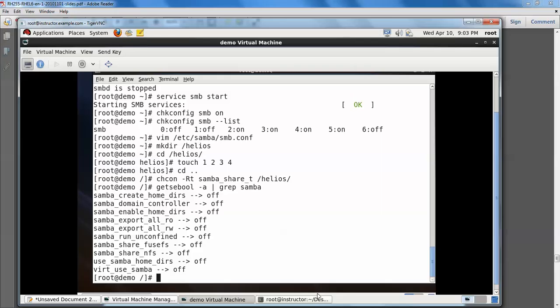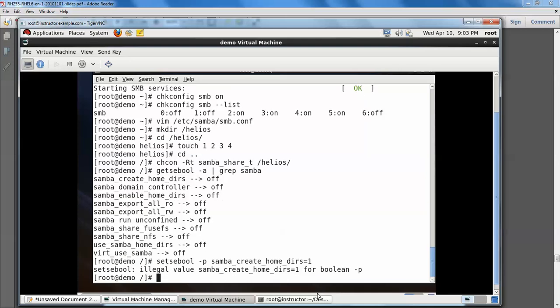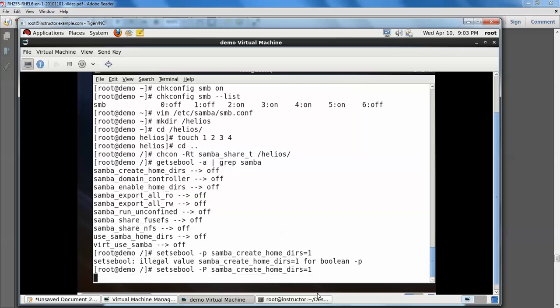So then setsebool -P samba_create_home_dirs=1. The capital P is for permanent.